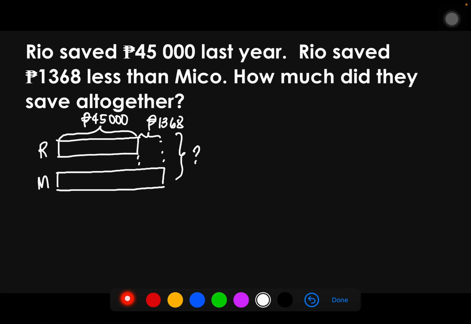Okay, so add, not subtract. So with that, we have 45,000 plus, again, make sure to align all the place values before adding. So that's 8, 6, 3, 5 plus 1 is 6, and then 4. So that was Miko's savings,